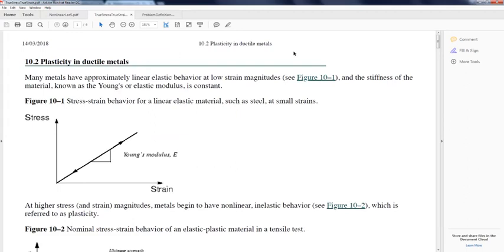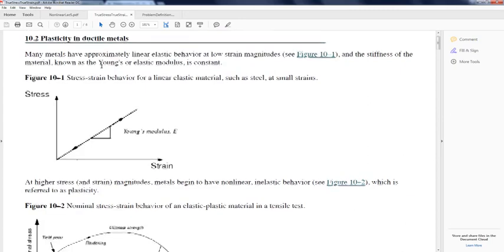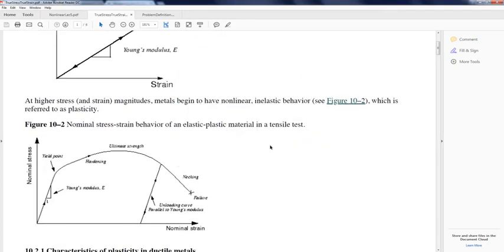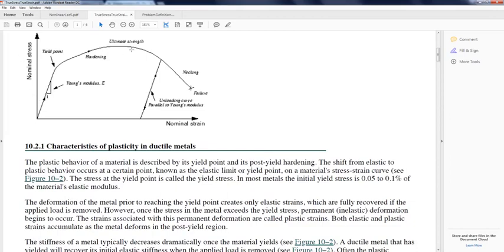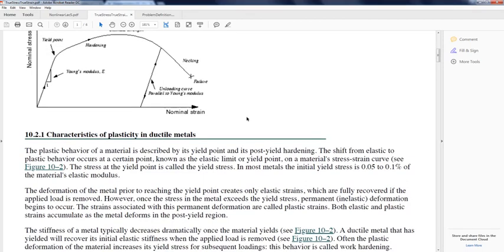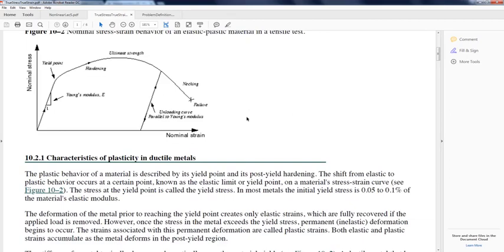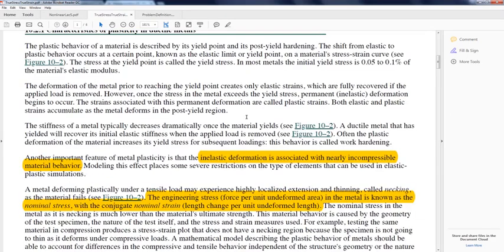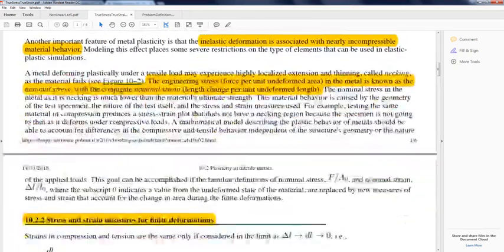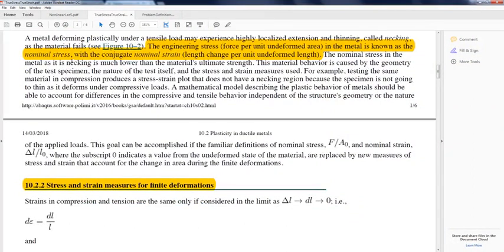This is a document that I extracted from the Abaqus manual. You can give it a more detailed read, but the thing I would like to highlight is that most of the time a stress strain curve that we obtain from an experiment is presented in terms of nominal strain and nominal stress. They are the engineering strain and engineering stress respectively. However, they are not the best suited choices for large deformation plasticity modeling. A few things to highlight: the plastic deformation is nearly incompressible, and engineering stress and engineering strain are the same as the nominal stress and nominal strain.